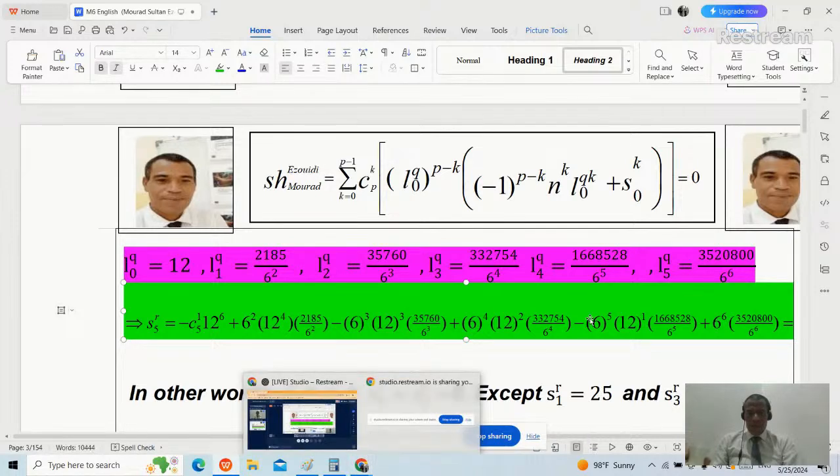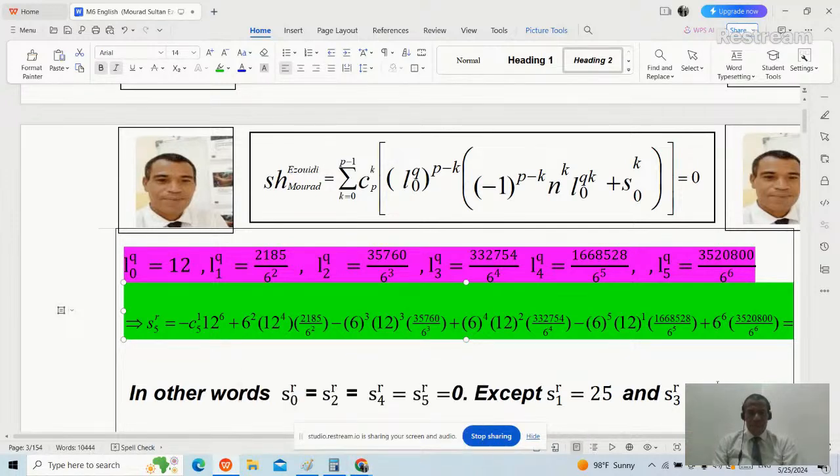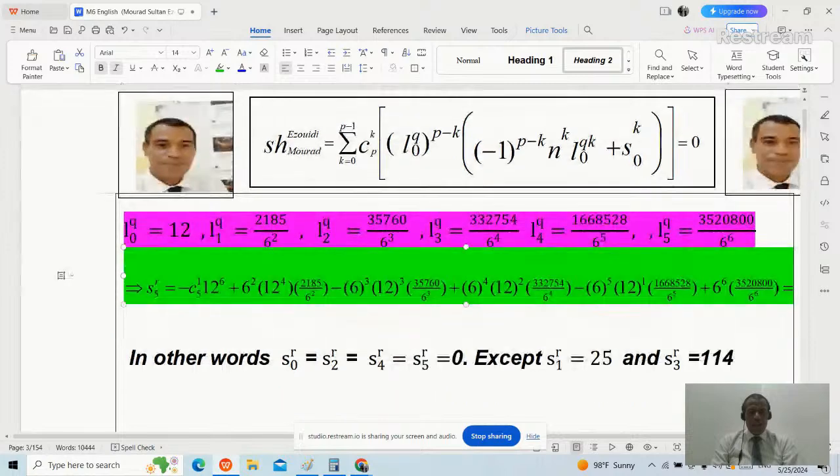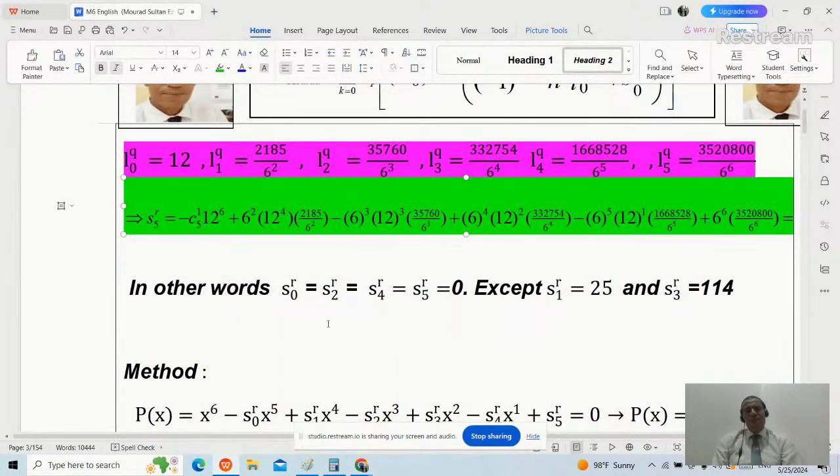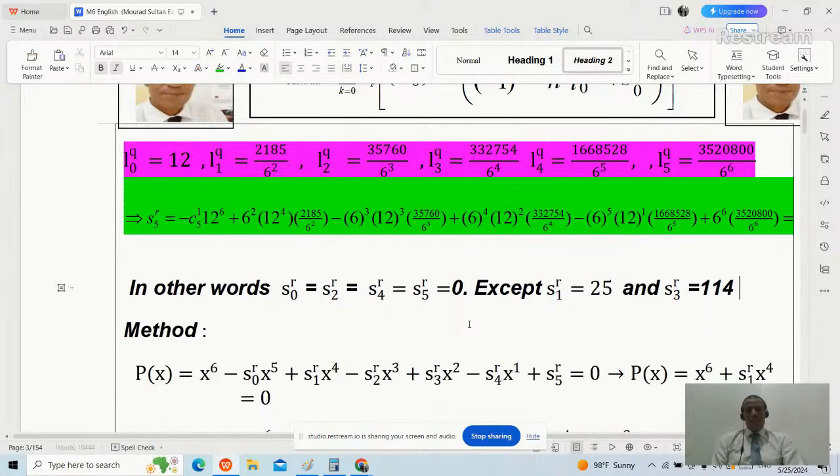In other words, we calculated S0, S2, S4, S5. All of them are equal to 0 except S1 of r, which is 25, and S3 of odd r, which is 114. I will use the method. Therefore, learners,